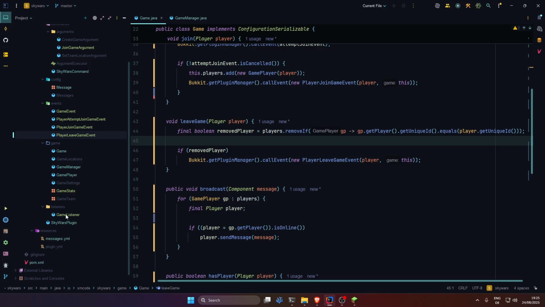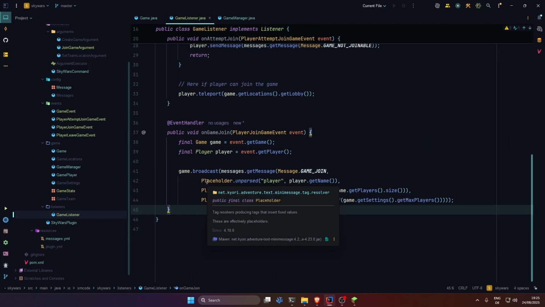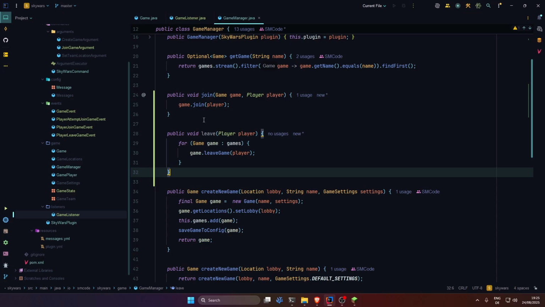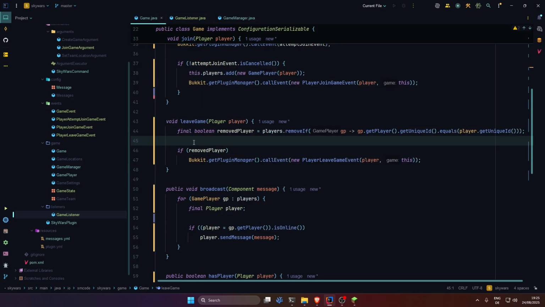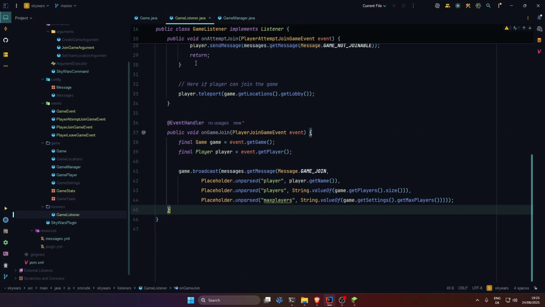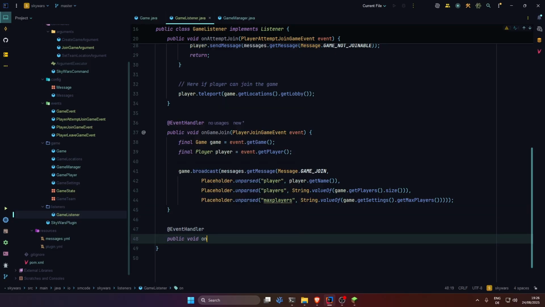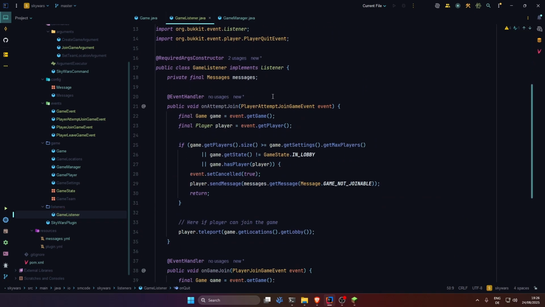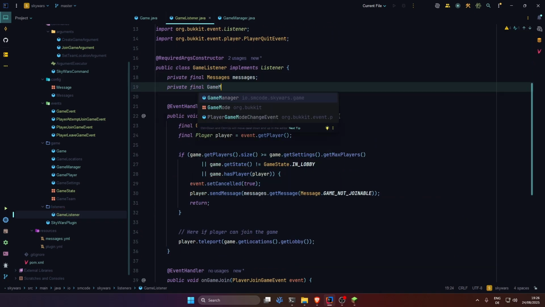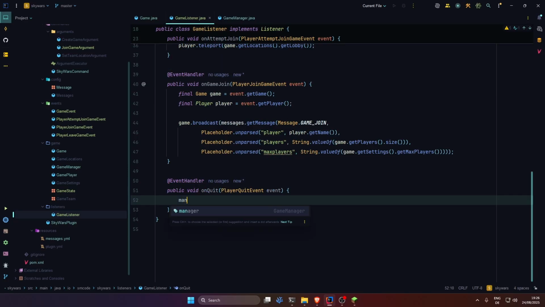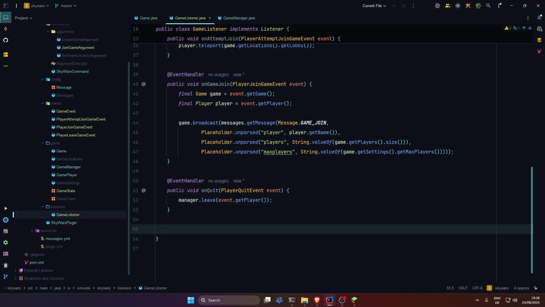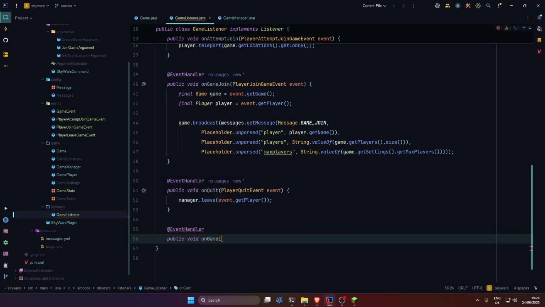Then inside our GameListener, we're going to create a listener. First, we need something to call this leave method from the GameManager, and we want to do that if the player leaves the server. So listen for the PlayerQuitEvent: public void onQuit(PlayerQuitEvent event), and then simply get access to the manager, private final GameManager, and do manager.leave(event.getPlayer()). Now we listen for the PlayerLeaveGameEvent: public void onGameLeave(PlayerLeaveGameEvent event),